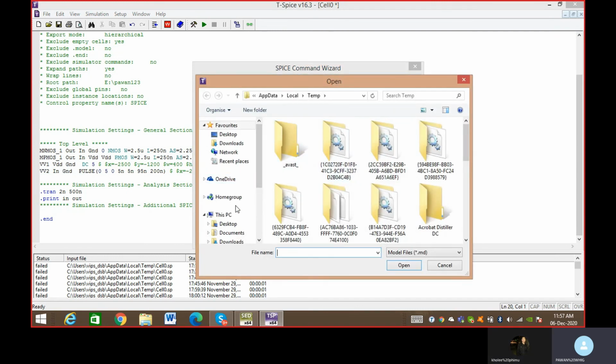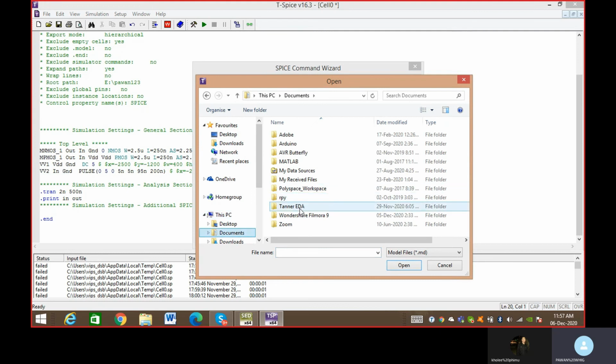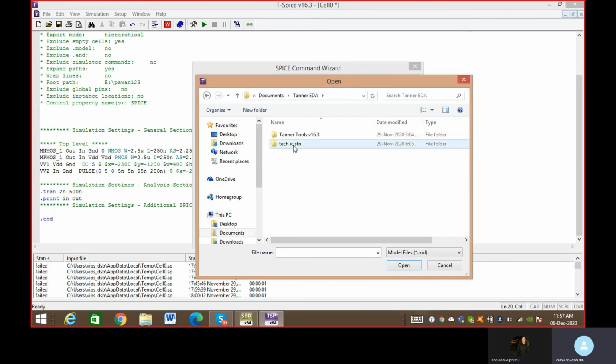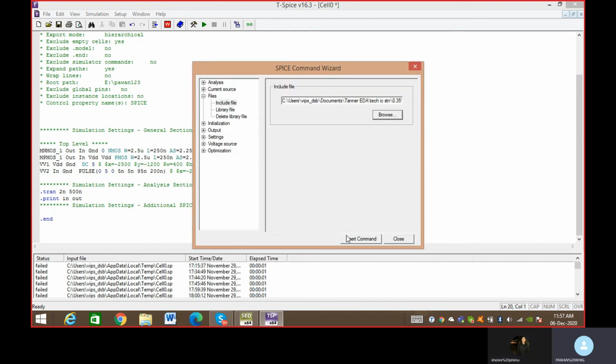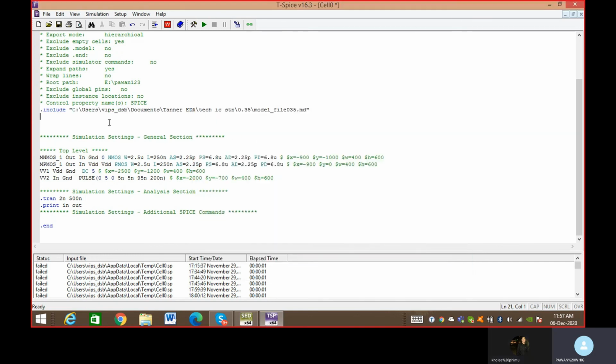I also stored it in Documents with the Tanner EDA. These are my technology files. You have to go to the 35 and include this over here. Now this technology file is included. This is not present in your system; I will give it to you, then you can install it.